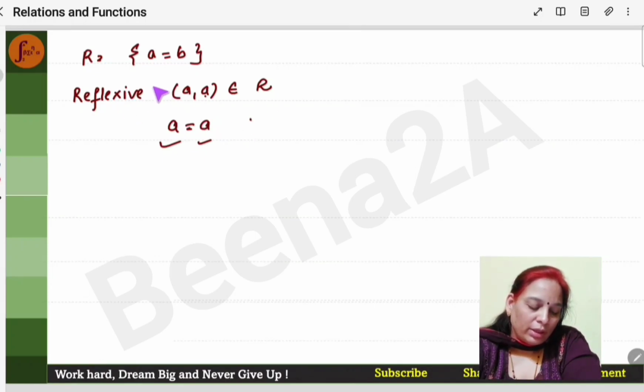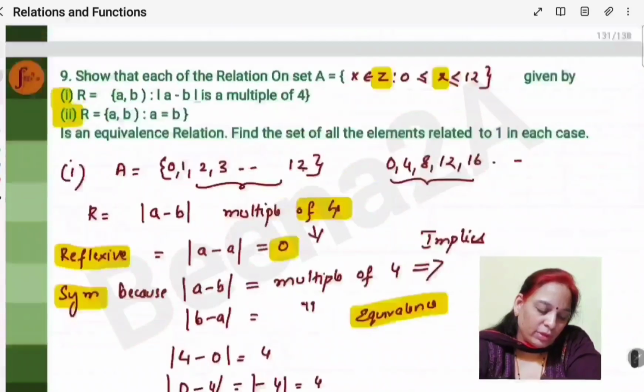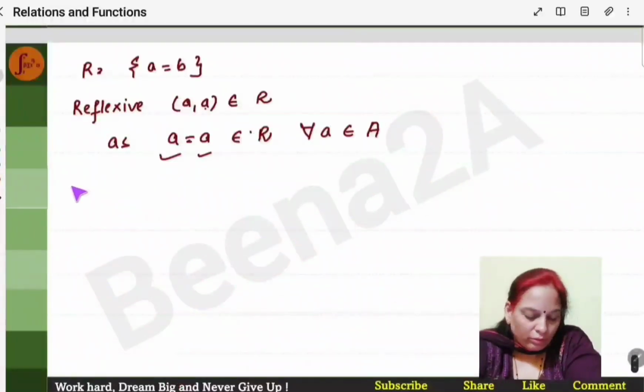That's all. It is reflexive as A is equal to A, and this belongs to R. And this is for every element A belonging to set A. We have been given set A. Now we'll see symmetric. For symmetric,